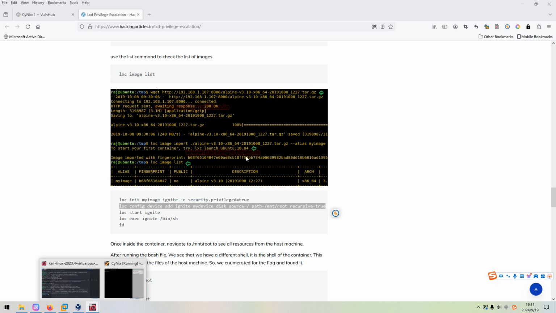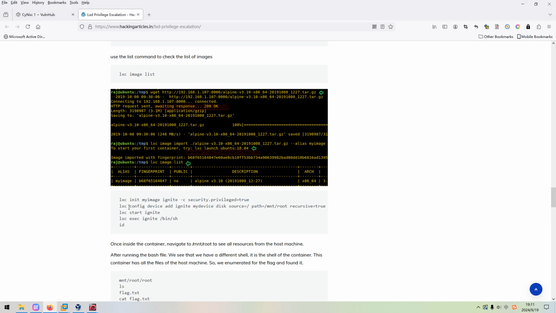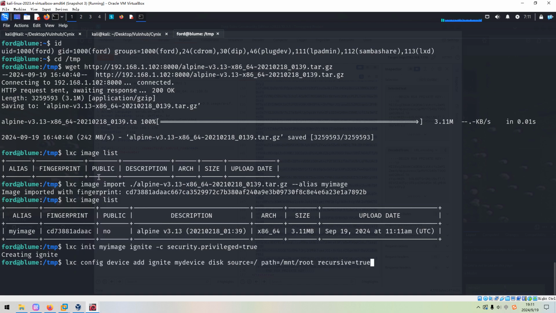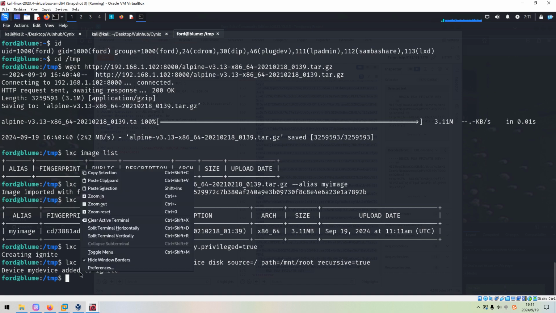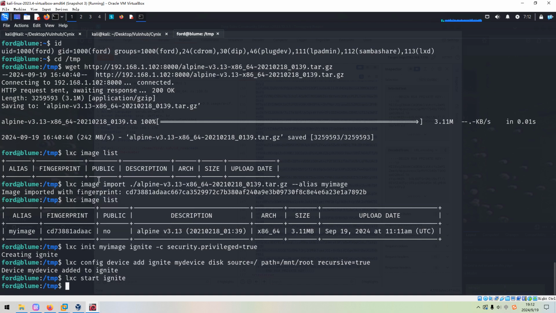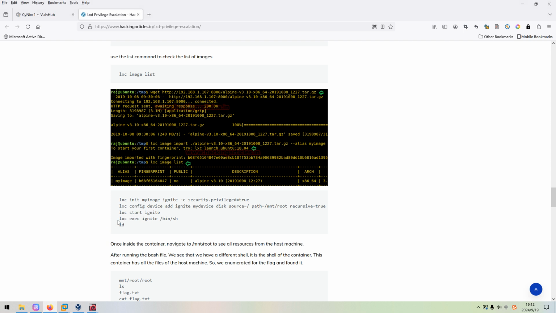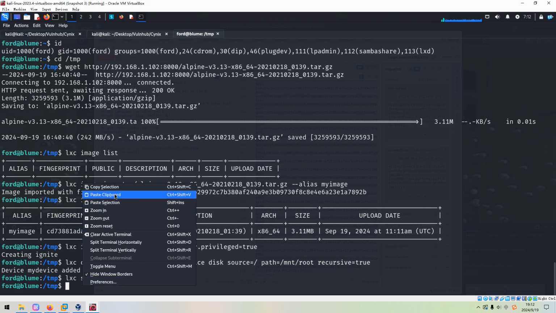The link of this website will also be added into the description section below. Okay, so we can copy and paste over here. No error. Great. And then we can paste in here, and then we can go into the shell.